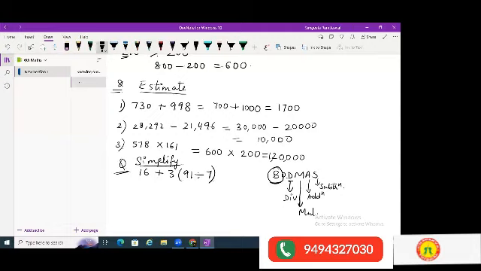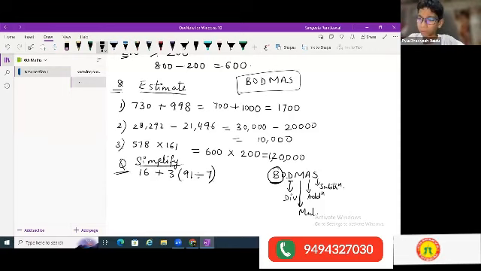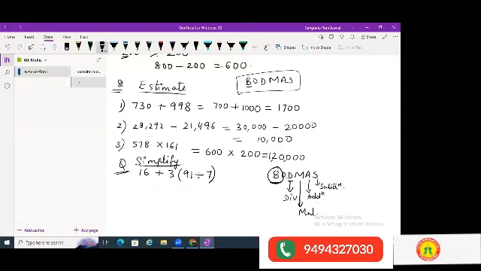So the very first thing you should do is solve the bracket. When you have multiple operations in one equation, then you must divide, then if you have multiplication, you must multiply, then addition, then subtraction. So remember this BODMAS rule. I didn't understand. Can you say again? Yes. Remember this BODMAS rule. B stands for bracket. Whenever you have a bracket, first you solve the bracket. Like I'll show you here. Now when you do this sum, you are first solving the bracket. So 91 divided by 7 will be